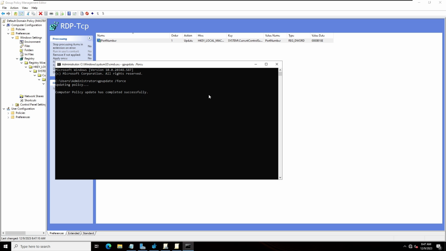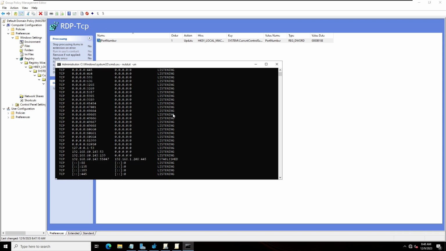Once the group policy has been updated, run the other command, netstat -an, and hit enter. And as you can see here, the listening port, the default port number, has changed from 3389, now